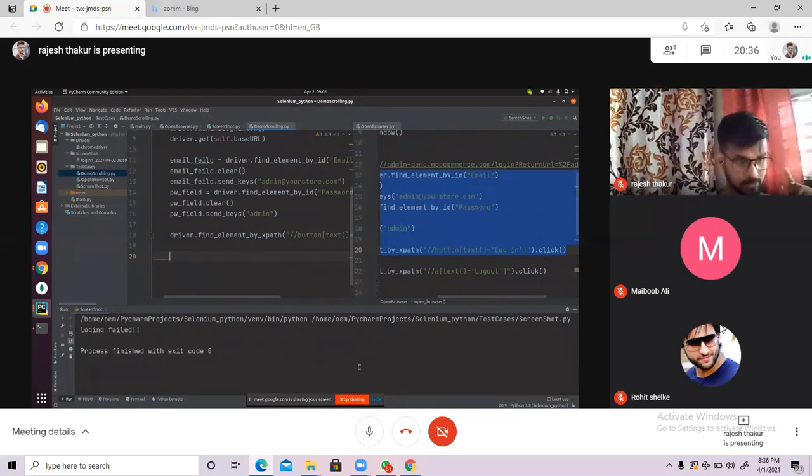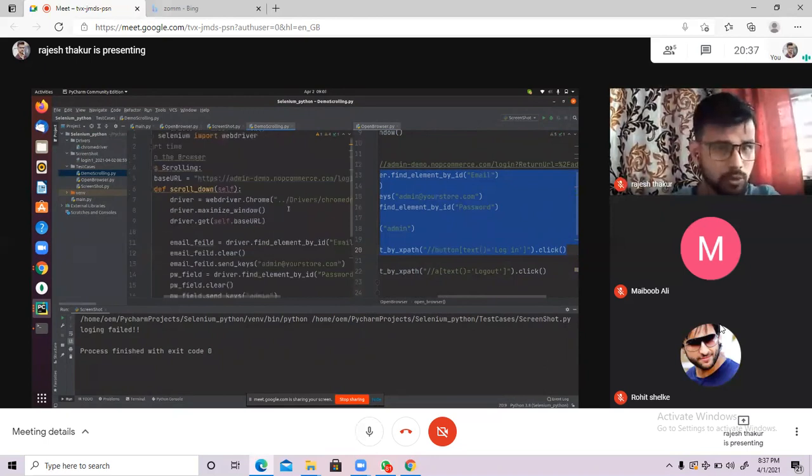In Java Selenium, the Actions class was responsible, but in Python, ActionChains is the class responsible for any keyboard and mouse related action. So you can create an object of ActionChains, but before that, we have to import that library.